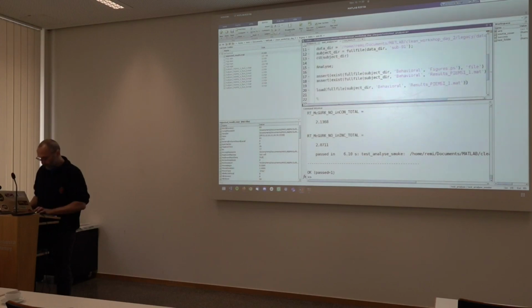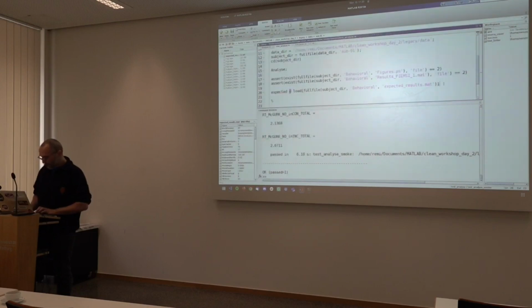Load full file, expected results, yeah. And let's load that into a structure called expected. That's nice. So now we're loading all the expected results, and then we can also load all the actual results created by the function, which is just contained in this file here, and we call that results.